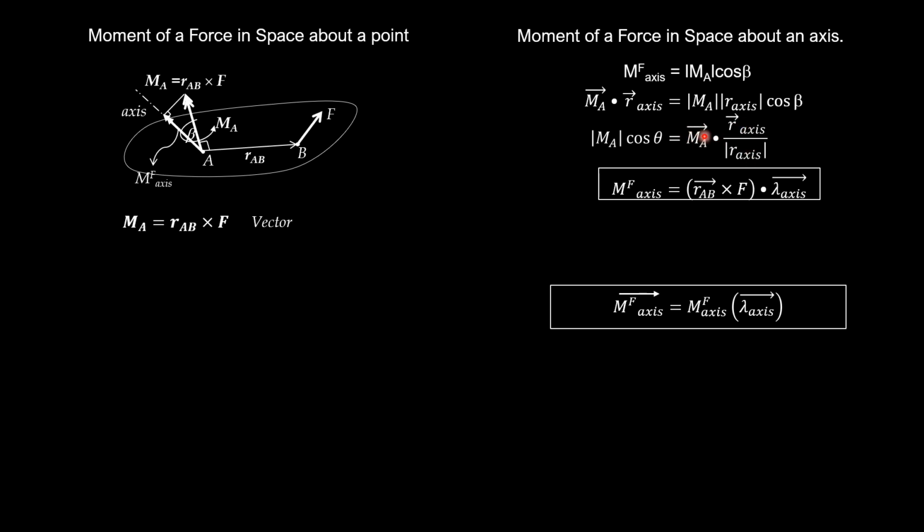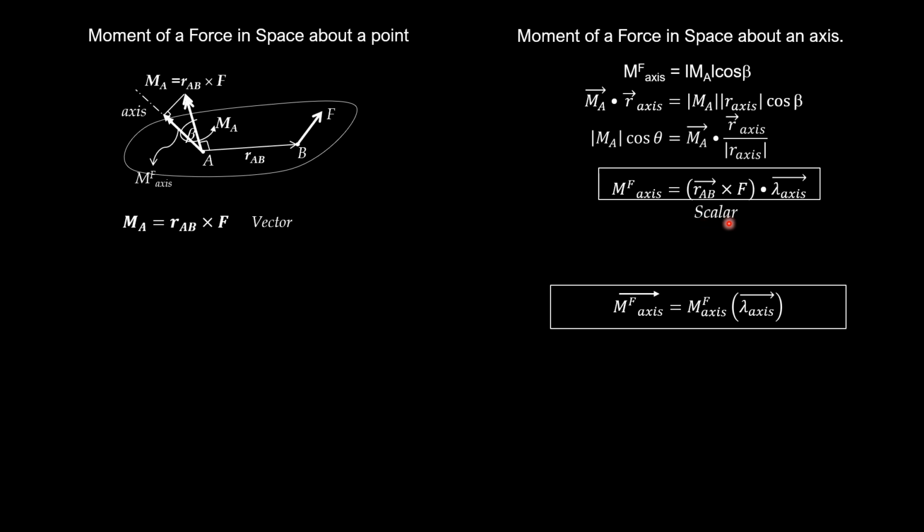So remember, this moment vector, moment of the force about A, is RAB cross F. So that's why you have here RAB cross F, moment vector or moment of F about A, then dotted with the unit axis vector. So that's why the scalar value or the component of the moment of this force about this inclined axis or line is equal to RAB cross F, or this is moment about the moment center A vector, then dotted with the unit axis vector. So that's a scalar.